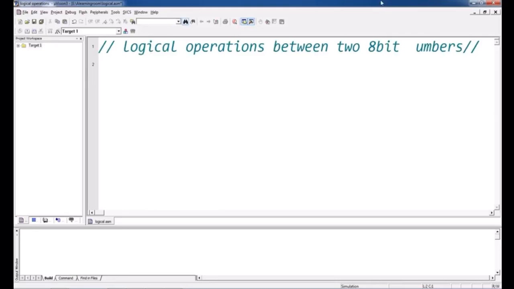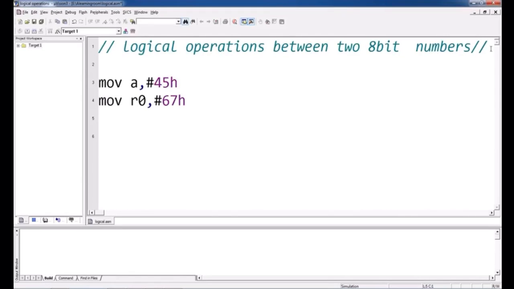The first value I am taking into the A register, because the accumulator plays the major role in arithmetic and logical operations. The first value I am taking, 45, into A, and the second value you can take into any register or any memory location. Now I am taking the R0 register to hold the second value.